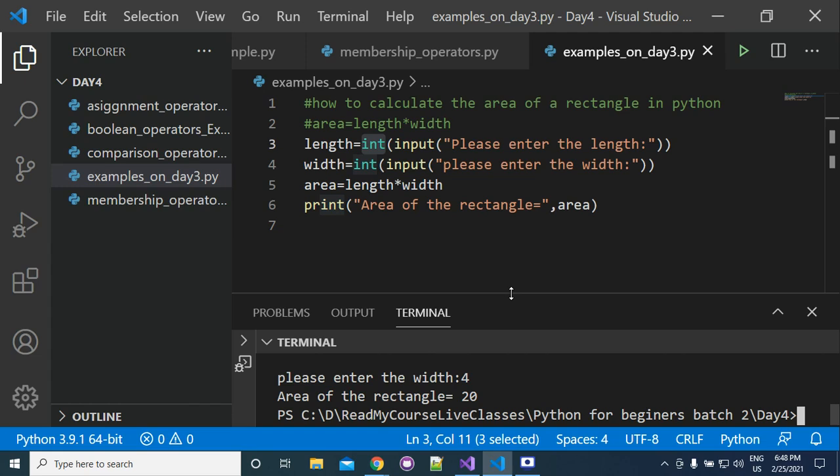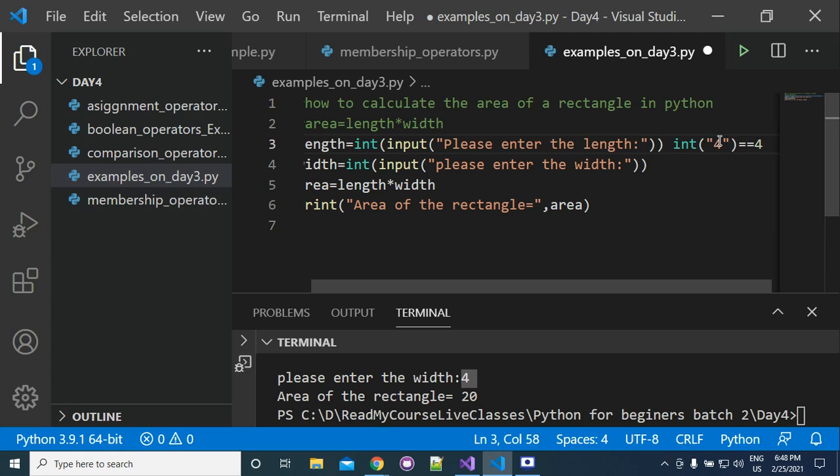I told you that input will always return a string. String means if you type 4, the output will not be integer 4, it will be the string. So now you need to convert this 4 to integer. If you write int of 4, it will give you the actual integer value.